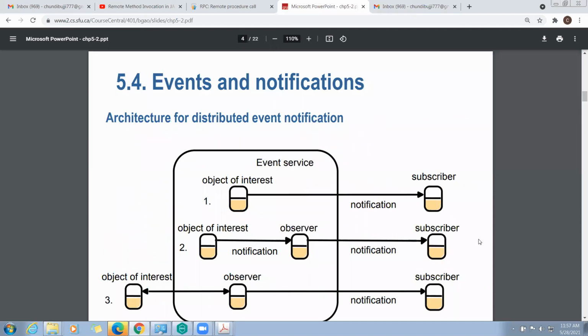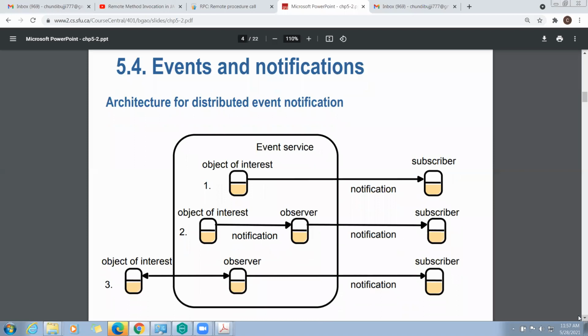See, this is an example of the architecture of distributed event notification. Here we have an event service. In that event service, we have some objects. Suppose you are subscribed to one object.